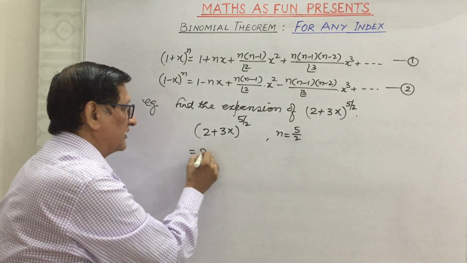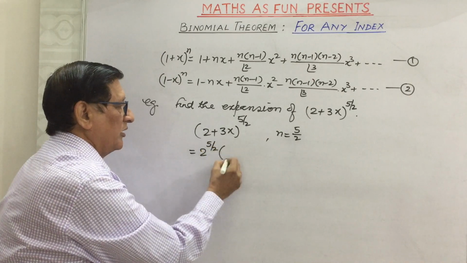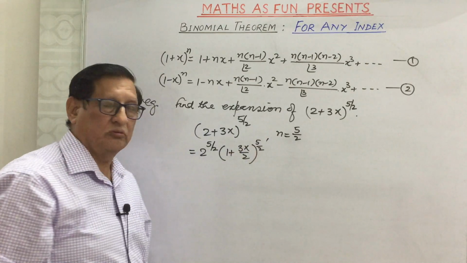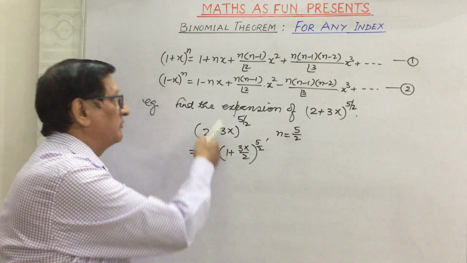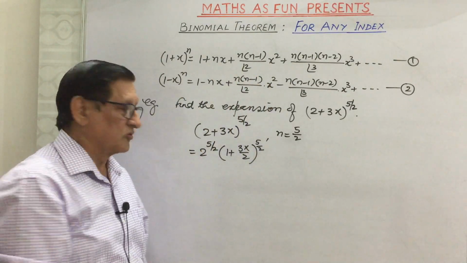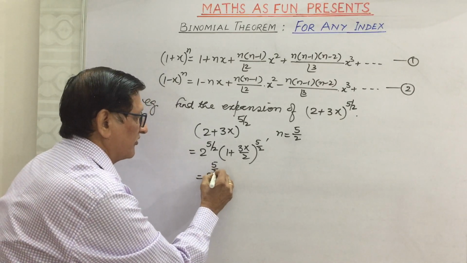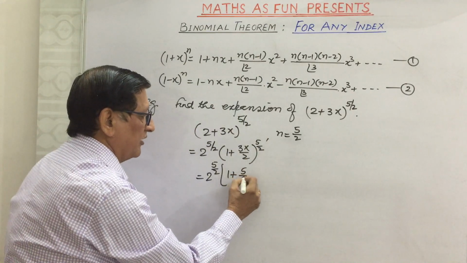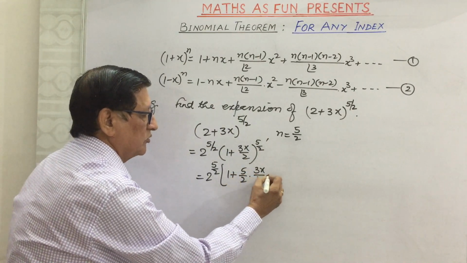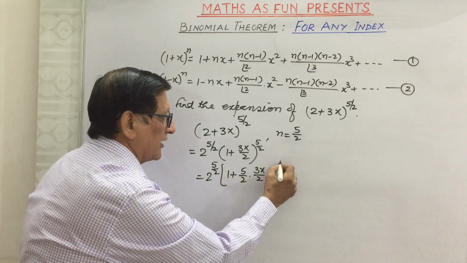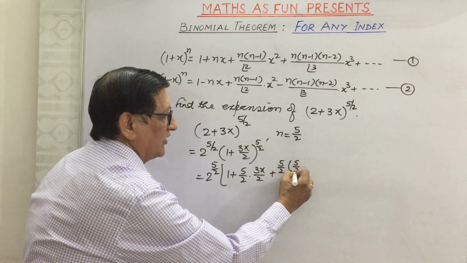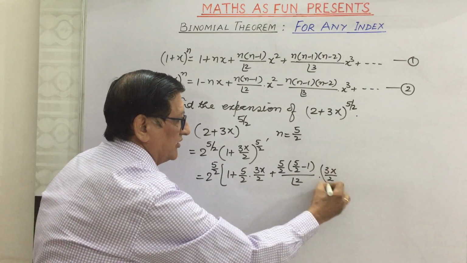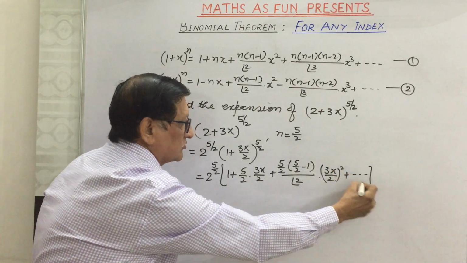So this can be written as 2^(5/2) into (1 + 3x/2)^(5/2). And now we can make use of this expansion. So we write 2^(5/2) [1 + (5/2)(3x/2) + n(n-1)/2! into (3x/2)^2 plus